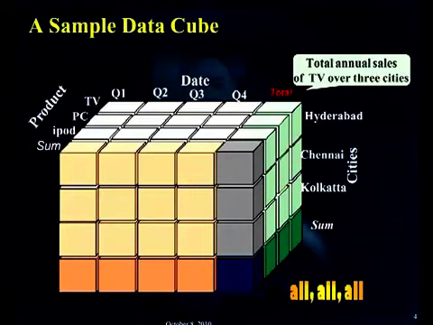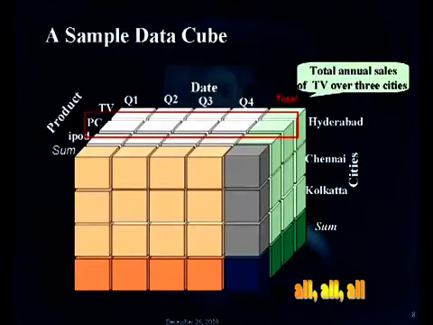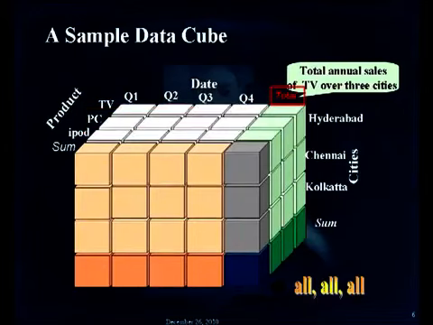If you observe this diagram, we have different kinds of aggregations stored in this physical structure. One is the total sales over all cities for all products, another kind of aggregation is the total sales over all quarters for each product, and another is the total sales over all products for each quarter, etc. This diagram specifies the different kinds of aggregations in the form of a physical structure called a data cube. Here we have only 3 dimensions, but if we have more than 3 dimensions, you can't find a physical structure, but we can always generalize this representation by using the concept called hypercube.